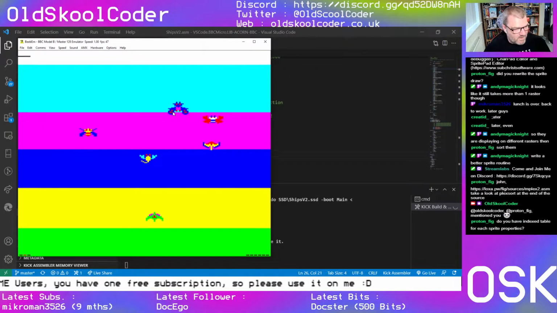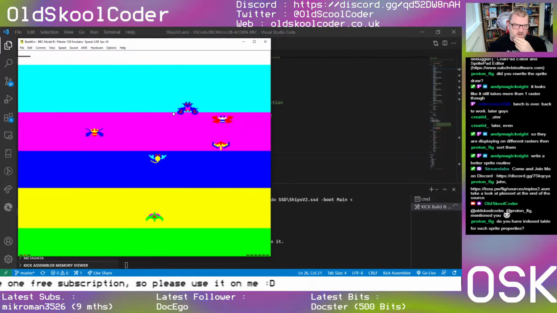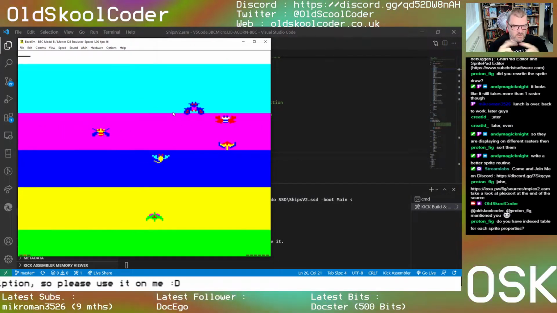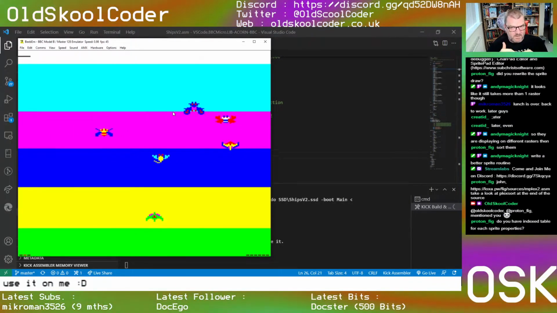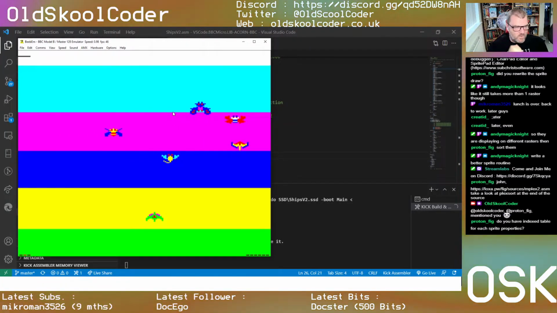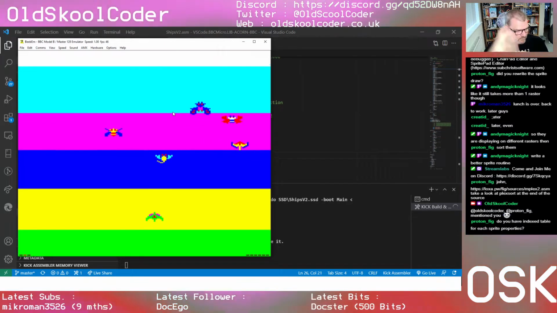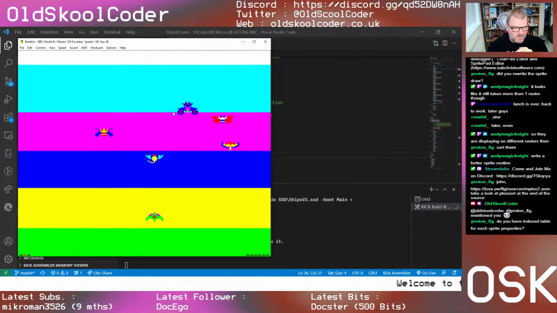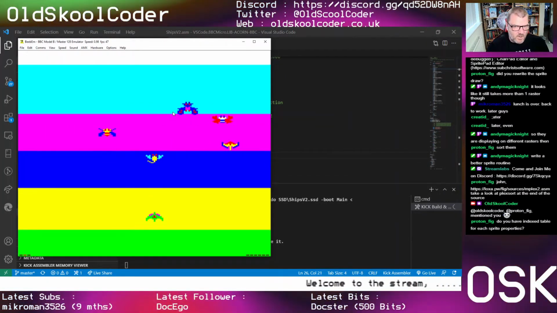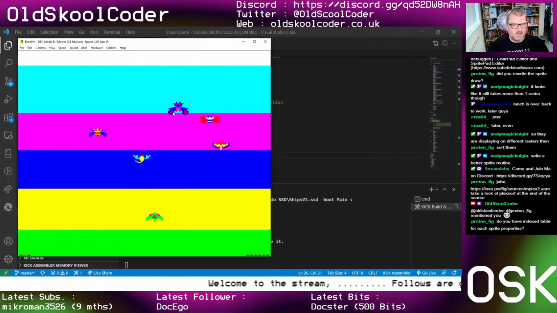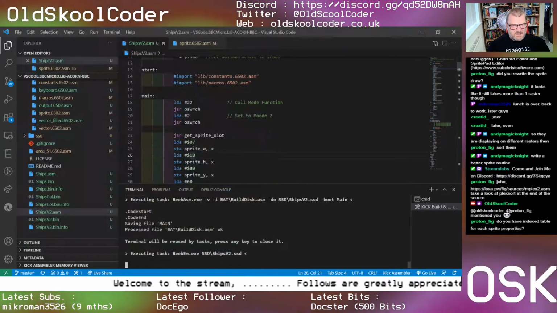But now we've got to write a sprite routine that's going to order it properly. So when we run the render sprite program, it will do it in an order that is raster friendly. So that was